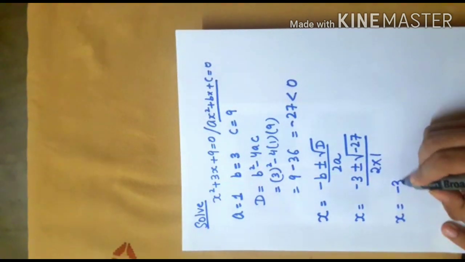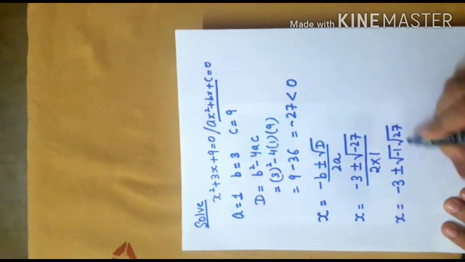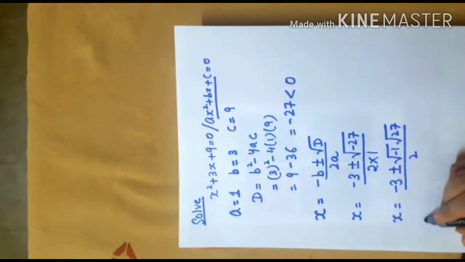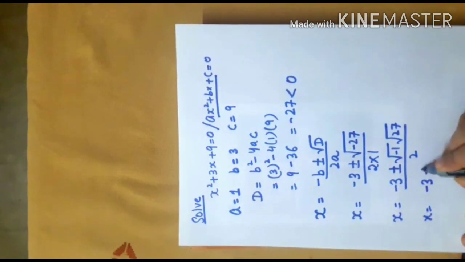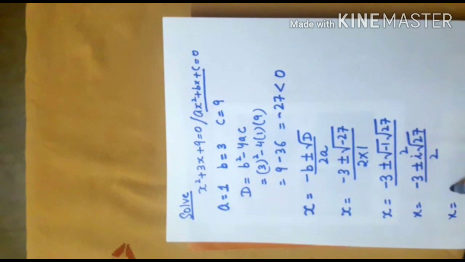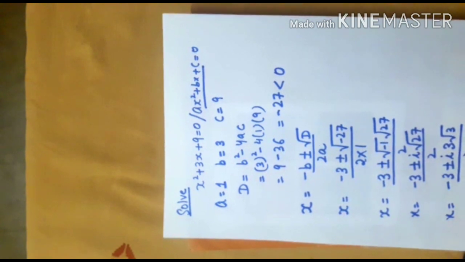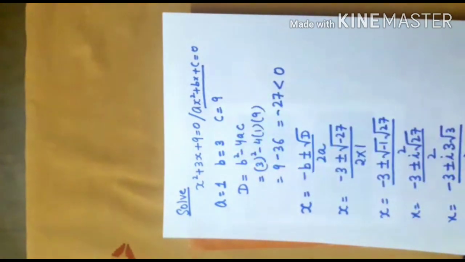Yes, minus 3, this can be written as x equals minus 3 plus minus iota root 27 over 2. And here I can write root 27 as 3 root 3. So the roots of this equation are given by